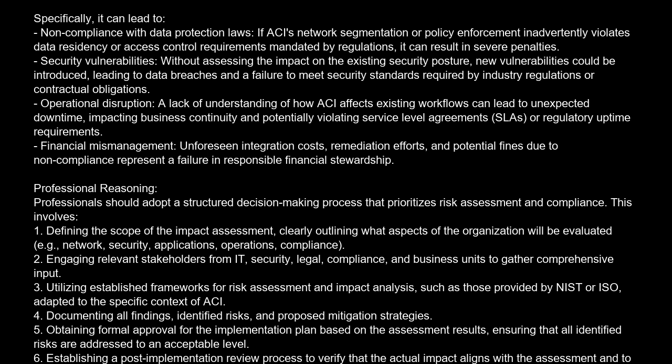3. Utilizing established frameworks for risk assessment and impact analysis, such as those provided by NIST or ISO, adapted to the specific context of ACI. 4. Documenting all findings, identified risks, and proposed mitigation strategies. 5. Obtaining formal approval for the implementation plan based on the assessment results, ensuring that all identified risks are addressed to an acceptable level. 6. Establishing a post-implementation review process to verify that the actual impact aligns with the assessment and to identify any further